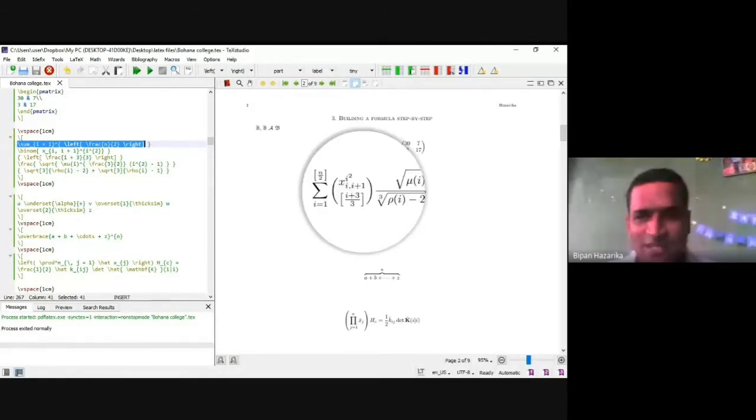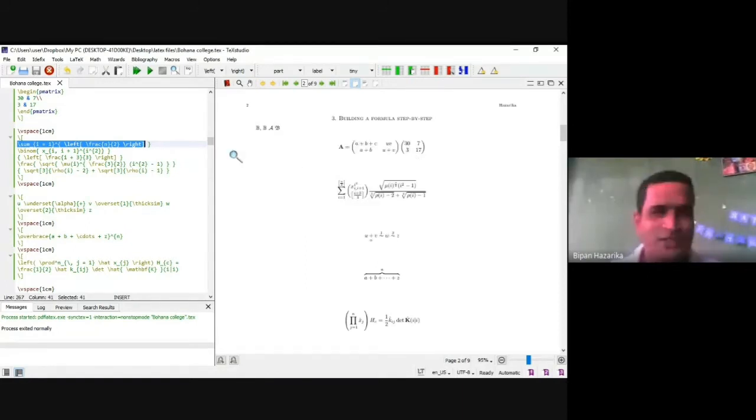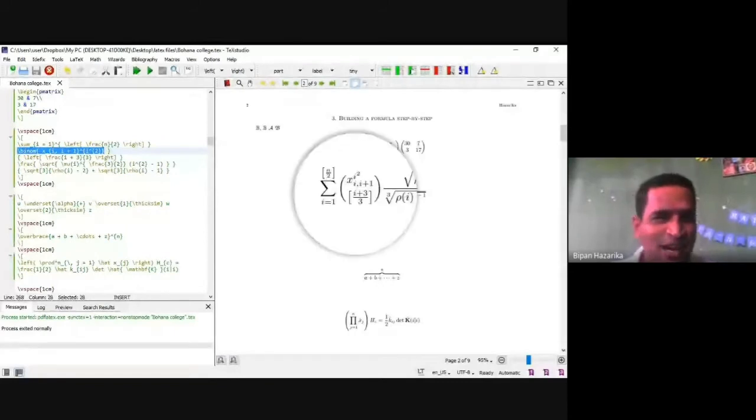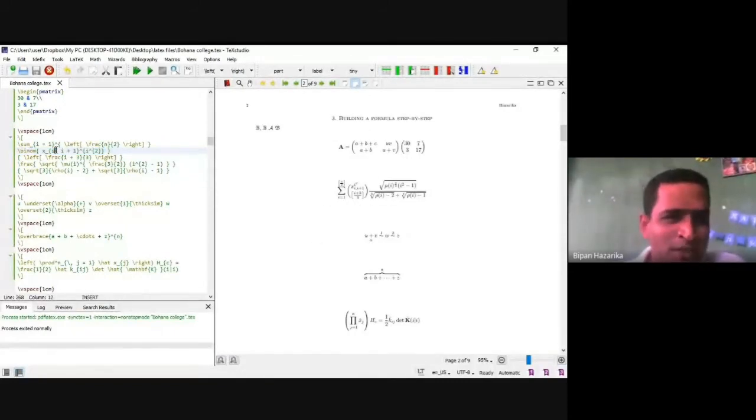Next, within the bracket we write two parts. One is x i square with i comma i plus 1, and another is the square bracket i plus 3 by 3. This is the binomial expression, actually binomial notation we are using. Within the binomial we write x, with subscript i comma i plus 1 and superscript i square.